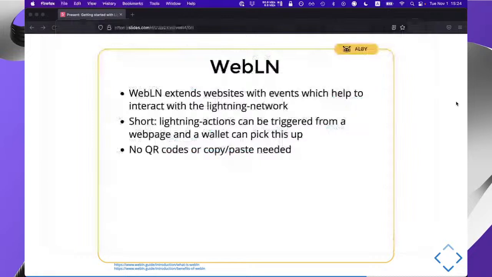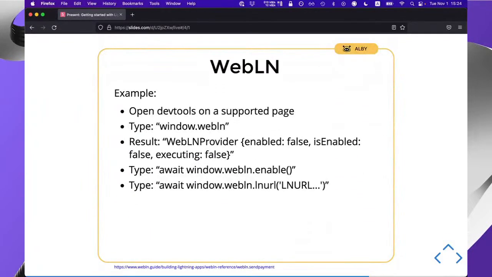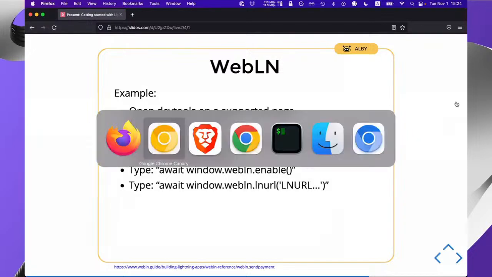And now we saw this on Stacker News and they integrated it already. But I want to show you with a small example here. Don't need to read this. That this could be done with any website. Any website that doesn't support WebLN, I could just do things there because in this case, Albi